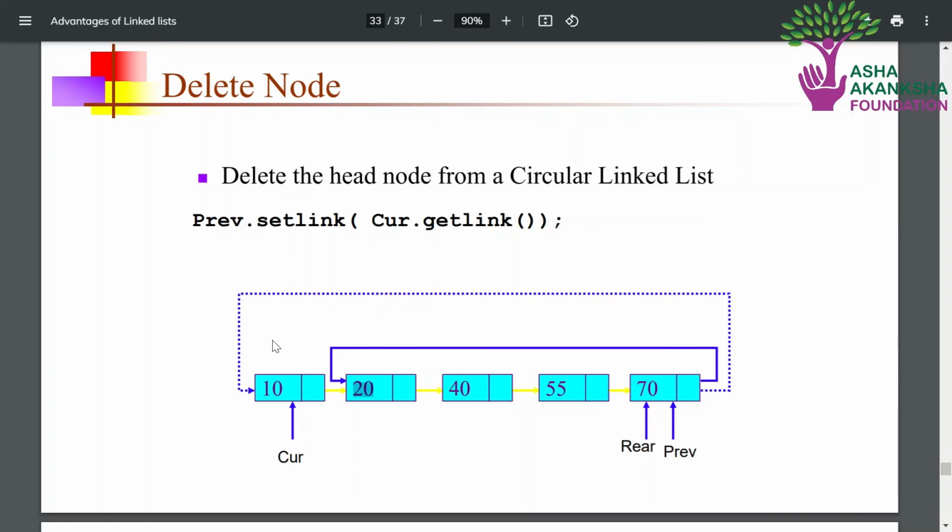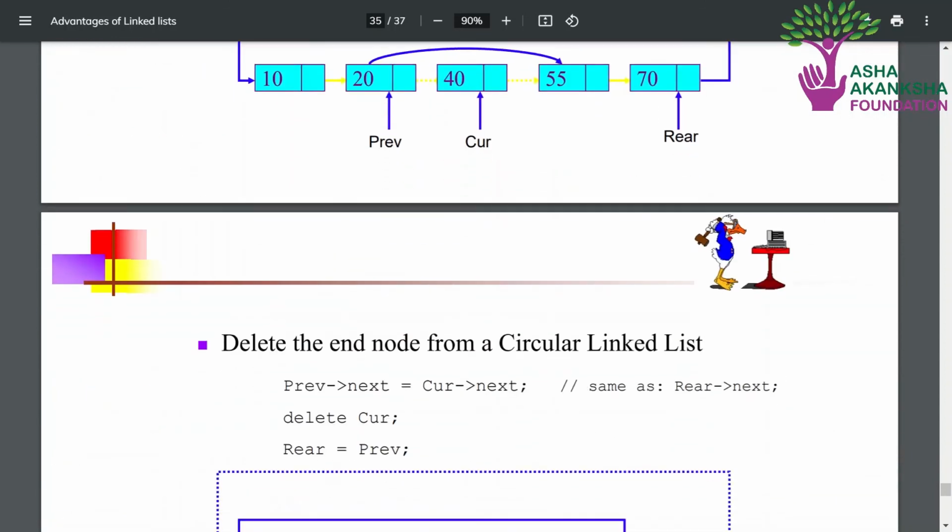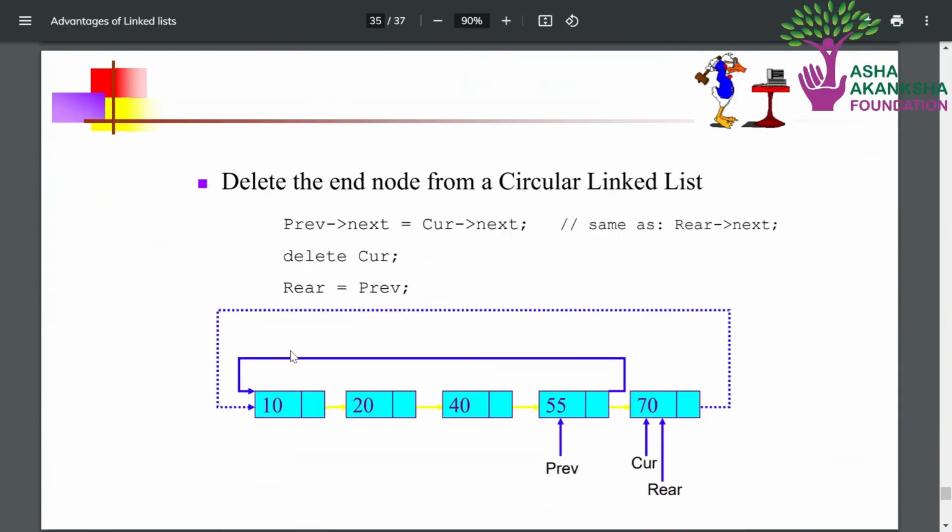So now we'll see how to delete a node at the end of a circular linked list. To delete this node, we have to go to the node previous to the rear, which is the second last node in the circular linked list. We also need to store the head pointer of the circular linked list, which is 10 over here, and then we will assign the next link of the previous node to this head pointer, so that our newly formed circular linked list would look something like this, which is represented by solid lines, and the previous linked list was represented by these dashed blue lines.